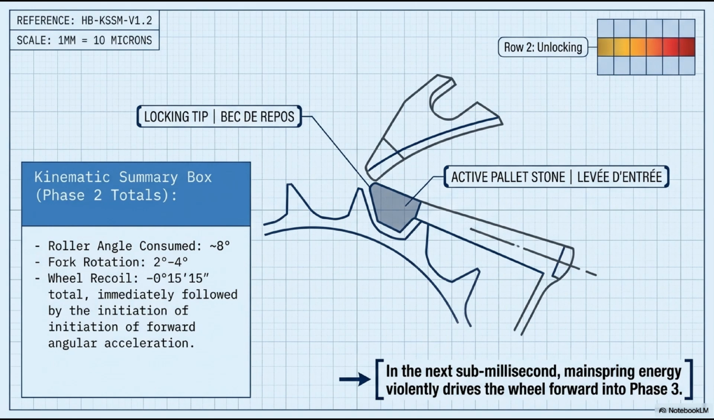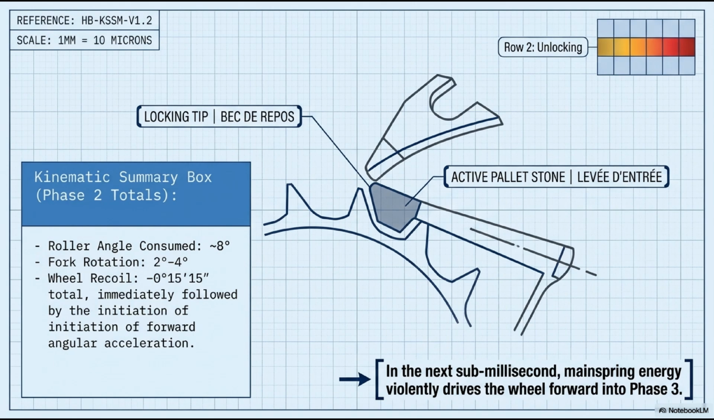The moment the tooth clears the locking tip of the pallet stone, there is zero resistance to the escape wheel's forward motion. All the torque that the mainspring has been building throughout the entire rest phase is suddenly released. The tooth that was just freed is now clear. The opposite pallet stone is now directly in the wheel's path. The escape wheel accelerates forward under full mainspring torque, and the advancing tooth immediately contacts the impulse face of the